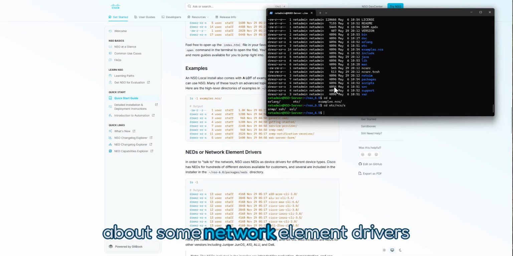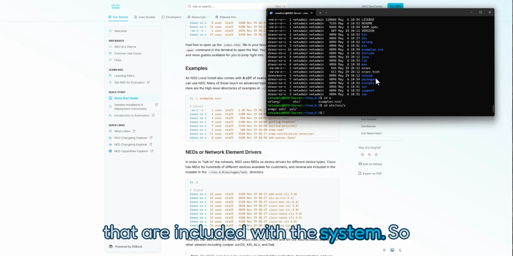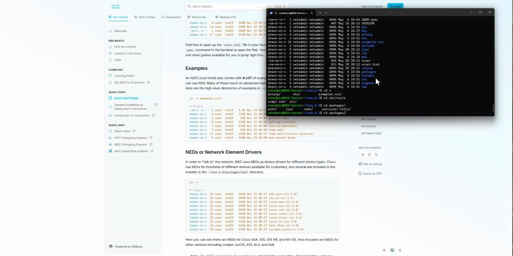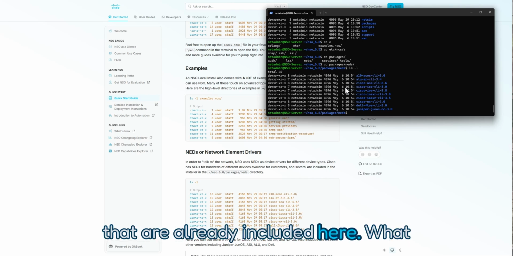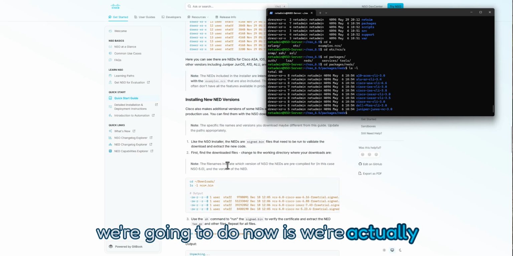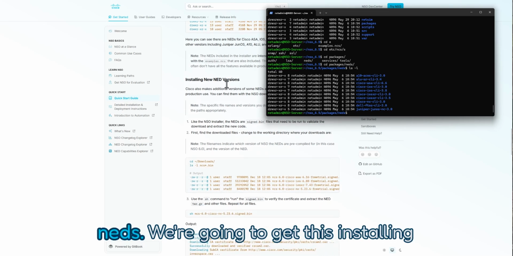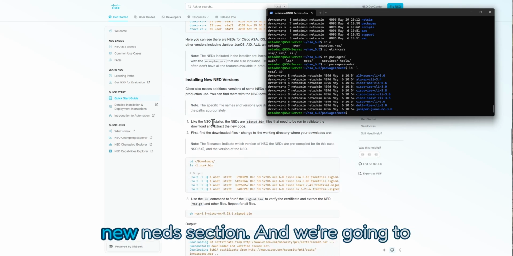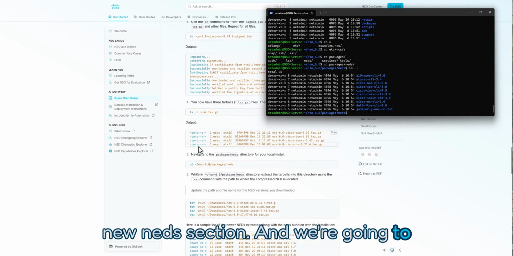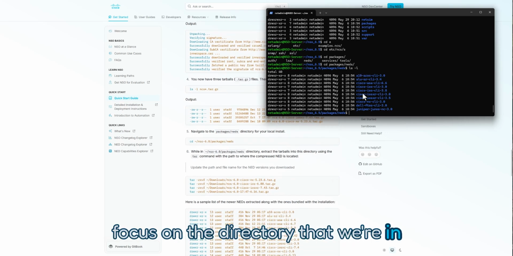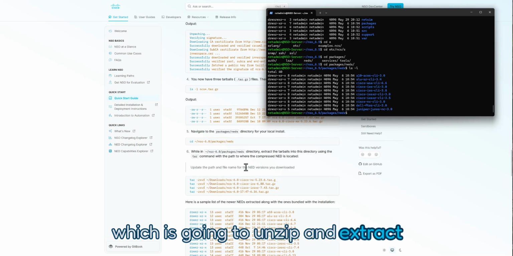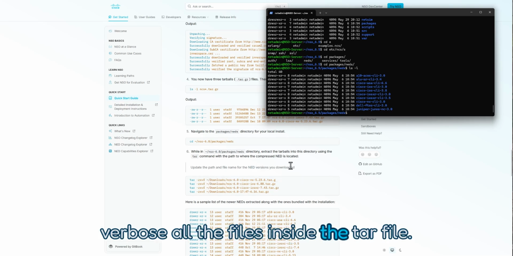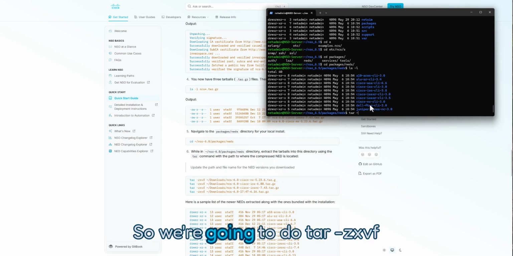It talks about some network element drivers that are included with the system. So if we go to cd packages, and we go to neds, there's a whole bunch of packages that are already included here. What we're going to do now is we've already extracted our NEDs. We're going to look at this installing new NEDs section, and we're going to focus on the directory that we're in right now and run this tar -zxvf, which is going to unzip and extract, verbose, all the files inside the tar file. So we're going to do tar -zxvf